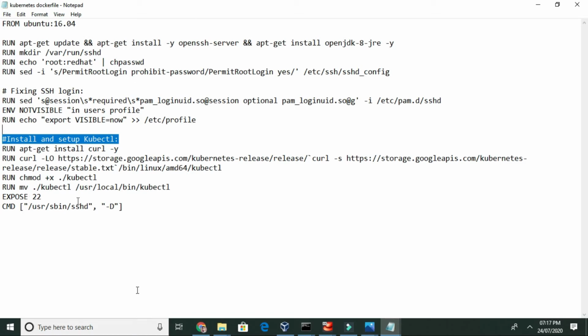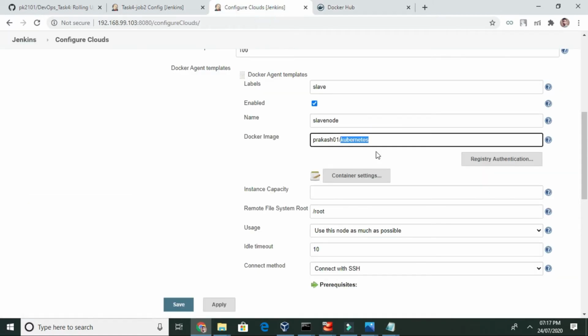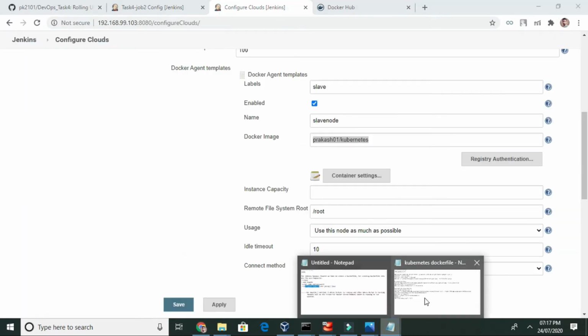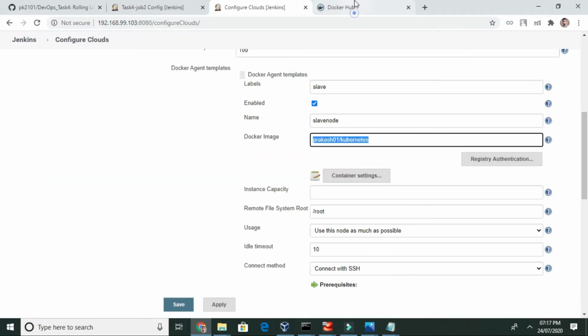I have created an image of it and pushed that image to my Docker Hub. Here you can see the Kubernetes image, which I created using that Dockerfile. It is giving the name of this image. This will pull that image and create the dynamic slave node for running the kubectl commands in job 2. And one more important thing inside this container,